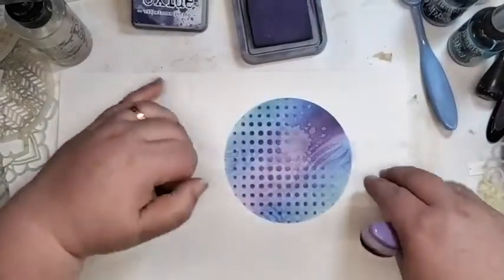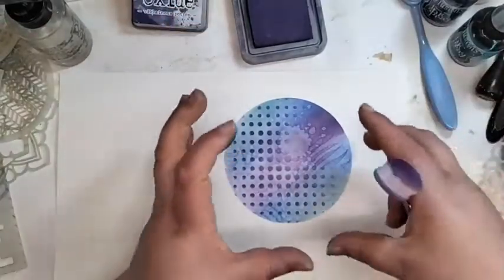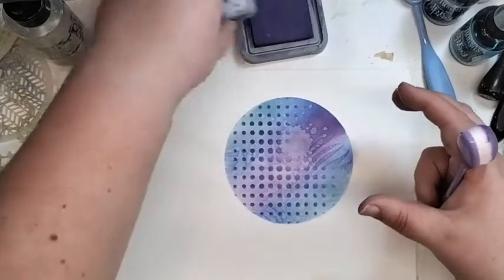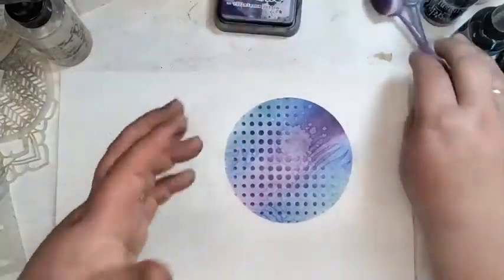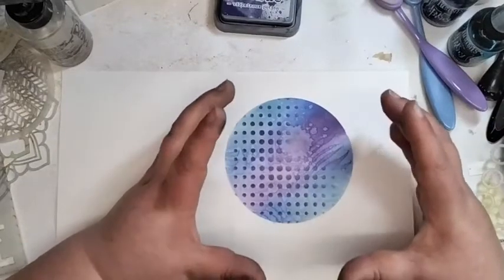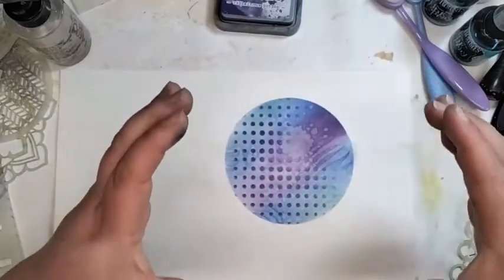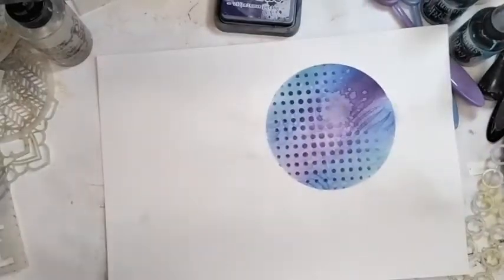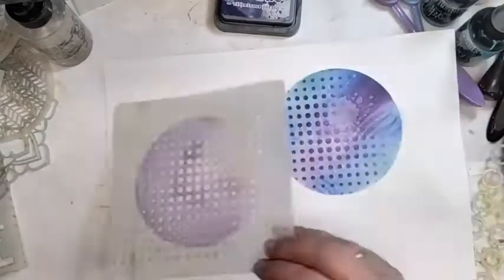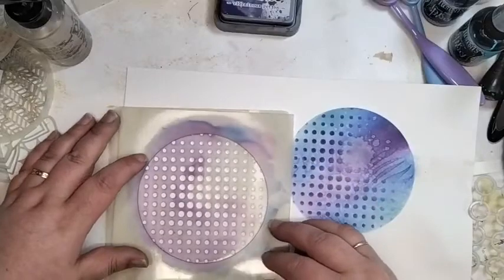Which means we've then also got dots. But by putting the Easy Frame over the top, they've stayed within that circle. Alright? So this is the thing. Your Easy Frames are fantastic for creating this shape, okay? Whether it's a circle or a star or a heart or an octagon or whatever. But you can mix them up. And bearing in mind, we've talked about layering it up, but you don't need to have put anything down first. You can always just say, well, do you know what? I actually want...